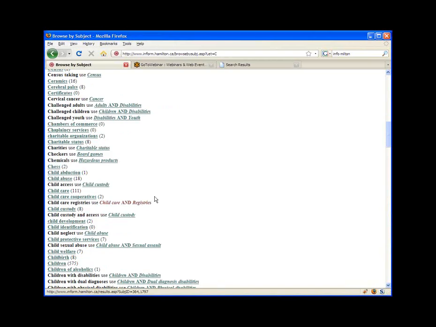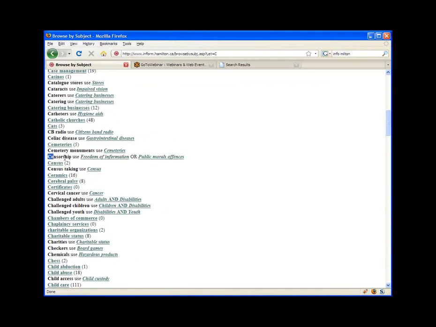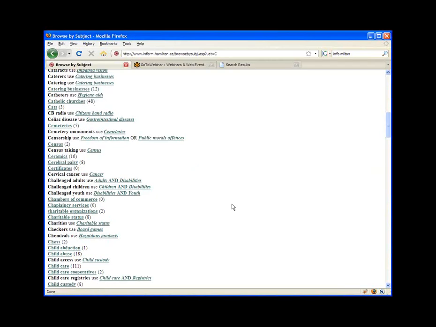Any questions about, oh, here's an or. In some cases, the suggestion for an unused term is one of 2 other possible terms. So in the case of censorship, it says to use either freedom of information or public morals offenses, depending on your point of view of what censorship is, I suppose. These are 2 alternate terms that are possible uses in the place of the term censorship, which is not a term that you can actually add to a record. So that would be one or the other, rather than